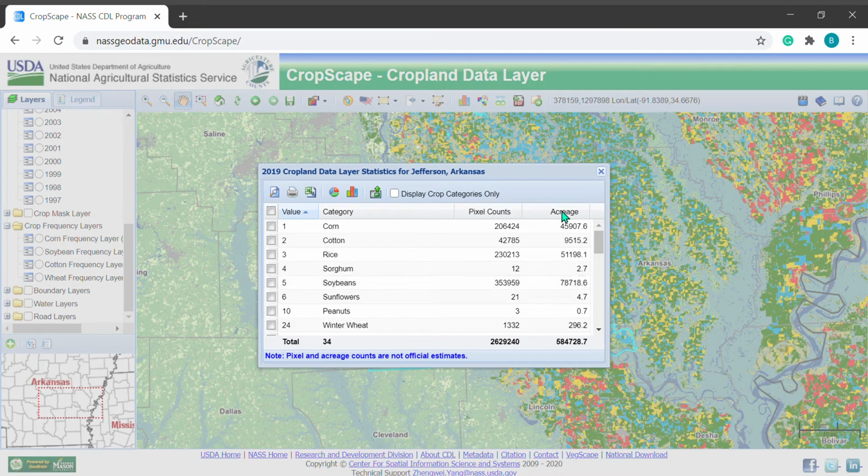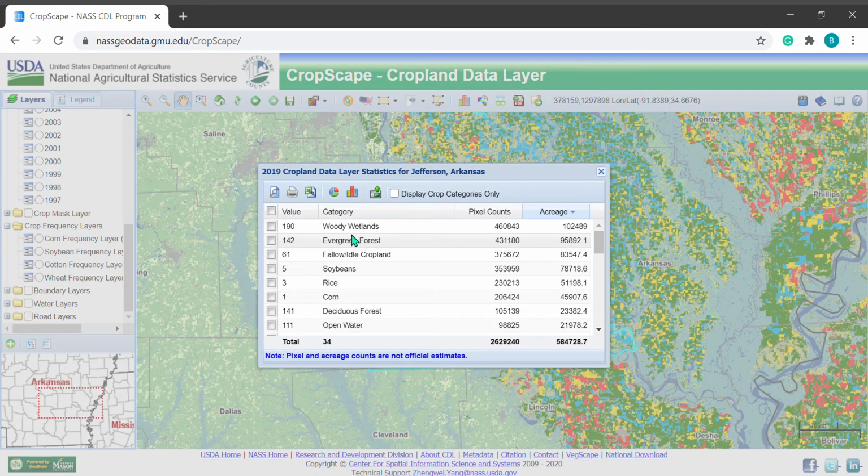If I click the header Acreage twice here, it will rank all of the crops from the most acreage to the least acreage. So we found that woody wetlands and evergreen forest have the most acreage.